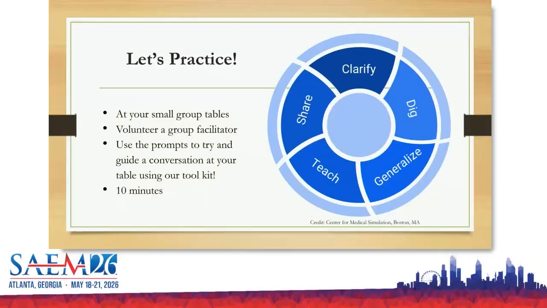Okay, so we're going to practice. At your table, you have these tools in the packet. You also have these helpful cards. What we're going to have you do is one person at the table will have these cards up in front of them, and you are going to try to drive an interesting conversation. You can see the instructions in the little booklet. We have some prompts. Whoever decides to be the facilitator is going to try to drive an engaging conversation. No goals, just try to make it as interesting as possible. We want you to start practicing using these tools.